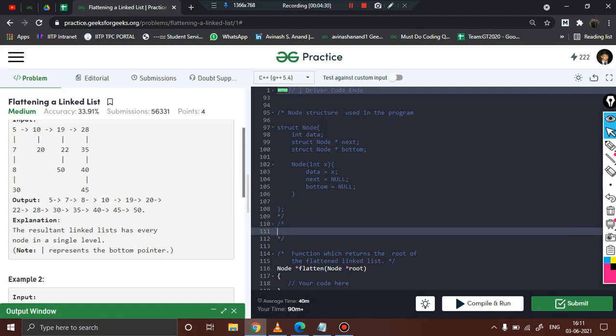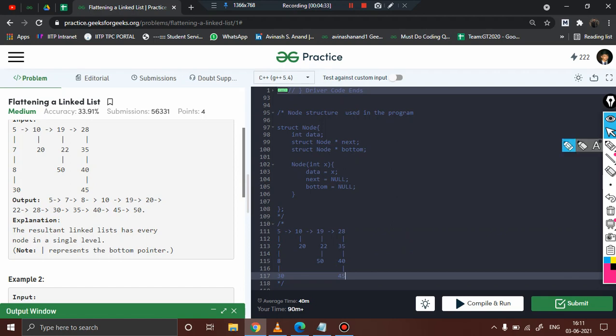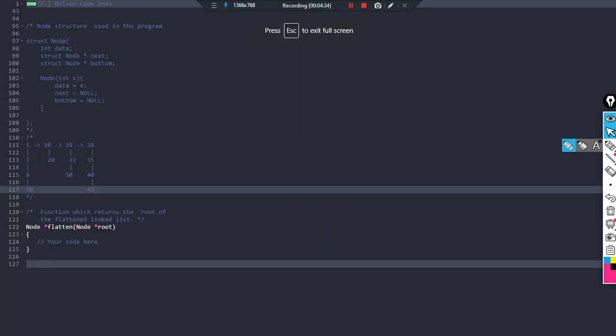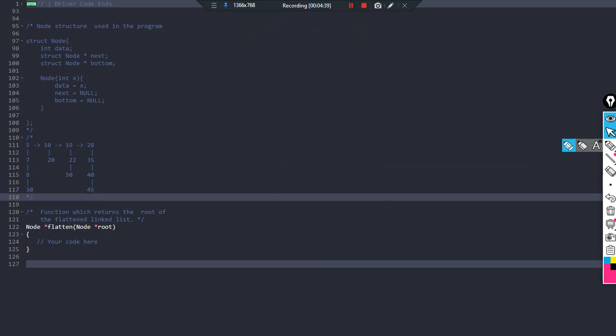Fine. Yeah. Now we can increase the size of the screen. Great. So it looks fine. Now just understand what is our problem. So basically we have already understood our problem. Now how do we solve it?